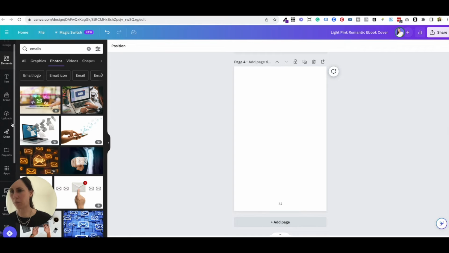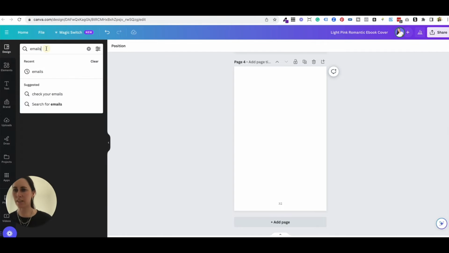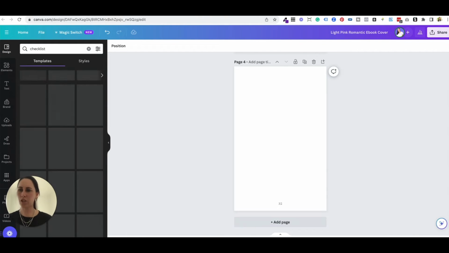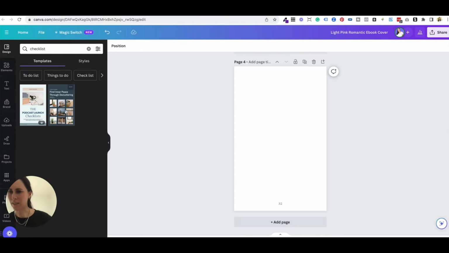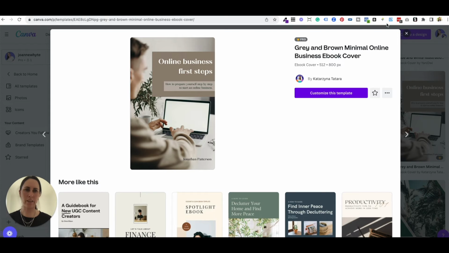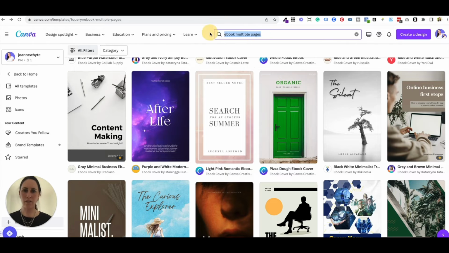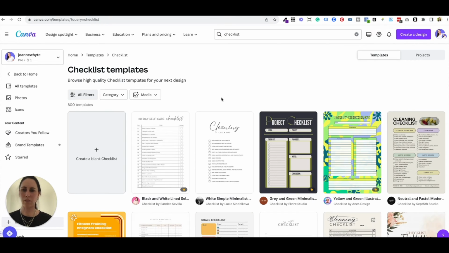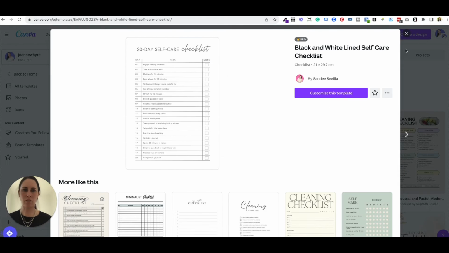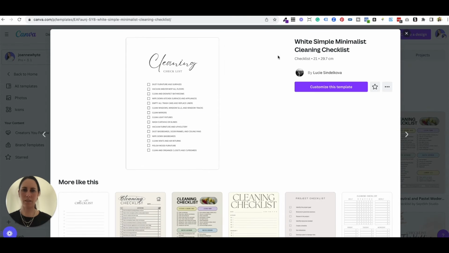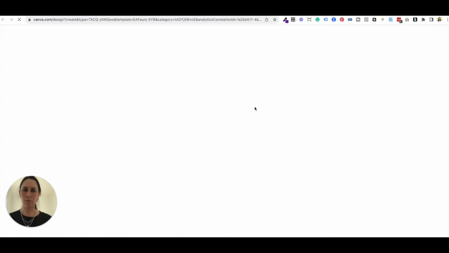So I will probably Google for something like design and I can go checklist and see if there's any in there. Let's have a look. Is there anything in there? Nope. So if there isn't, this is what I mean by showing you how you can actually go and find other templates, because Canva definitely has checklists, but this is what I mean by how you can combine them. So, oh look, here's a really great checklist. Oh no, actually, I don't like that one. I like this one. So I'll customize this one